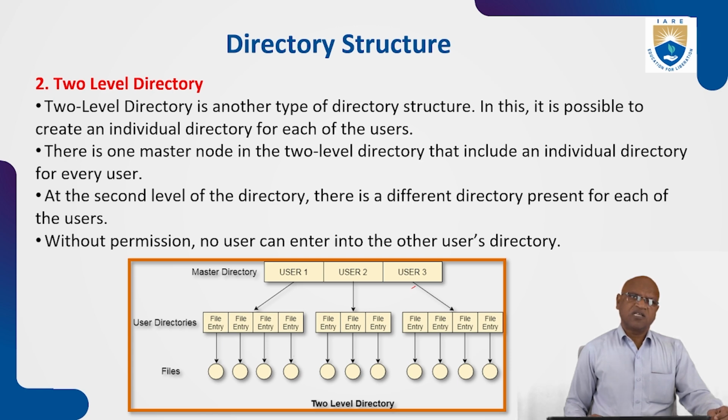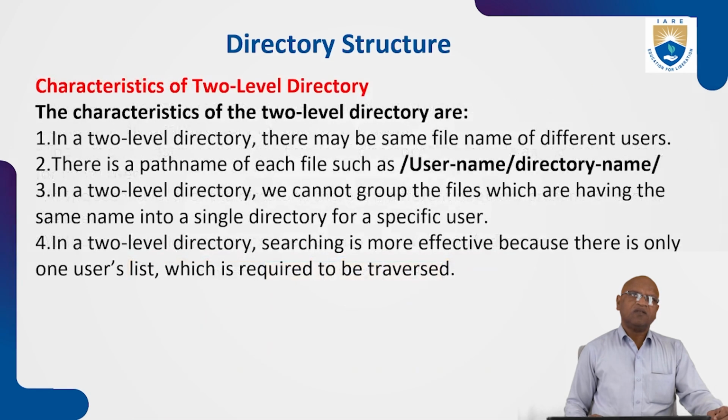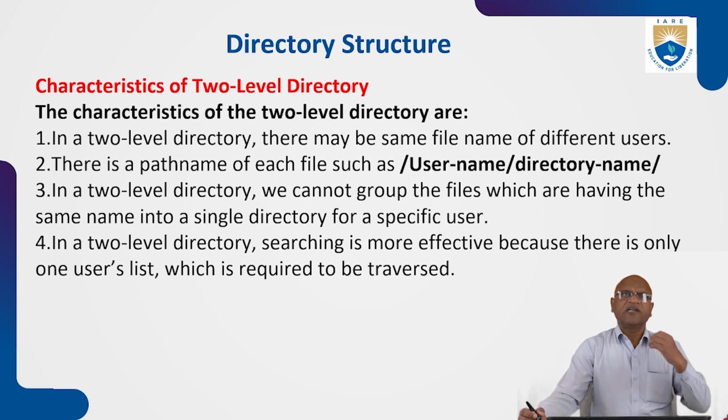So user 3 also works the same way, because user 1 cannot access user 2, as they are separated from each other. So, the characteristics of a two-level directory. The characteristics of the two-level directory are: in a two-level directory there may be the same file name for different